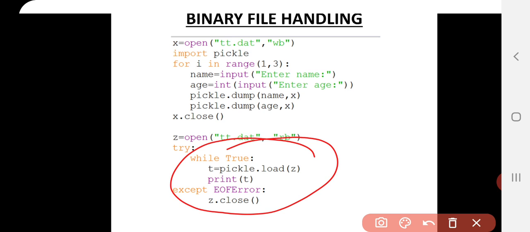EOFError is mentioned there in the except block. So in case of end of file error, the except block will be executed, and inside it the file will be immediately closed with the statement z.close. By that time all records would have been printed. So this is the process of printing from binary files.